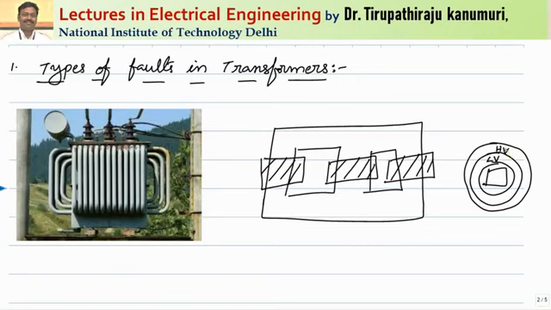The advantage of placing the high voltage winding on the outer side is that the amount of insulation required decreases, and second, it is easier to take the tappings for tap changing transformers, because in a tap changing transformer it is economical to provide the tappings on the high voltage for two reasons. The current is less, and you can finely tune the steps of the voltage in the high voltage compared to low voltage, because inside a transformer the voltage per turn is fixed. So if you change one turn, the voltage per turn is the same in LV or HV, but changing one turn in the HV, when transferred to the LV side, makes the tuning very smooth compared to providing it on the low voltage side.